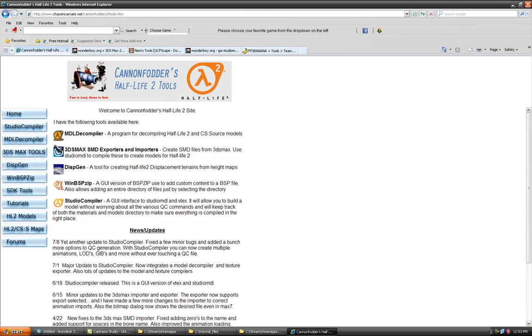Today we're going to be beginning making a weapon replacement or animation replacement. I won't really cover modeling as such, but for Team Fortress 2, a few things before we start. You're going to need